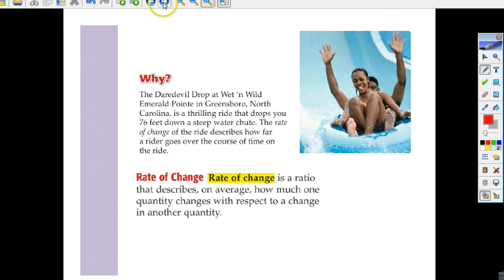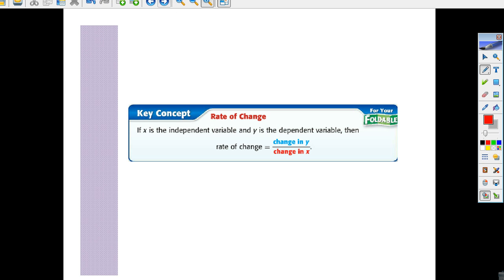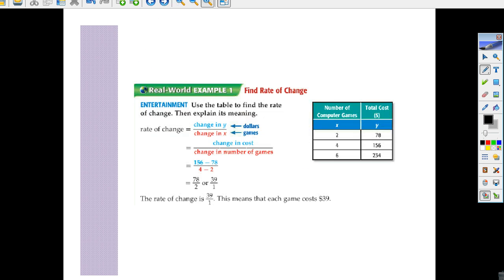Okay. Right. For us to calculate that rate of change, you put the change of y over change of x. The x is the independent variable and y is the dependent variable. So depending on the x, the y will change. So always remember this part right here is the y over x. Right. In another example,